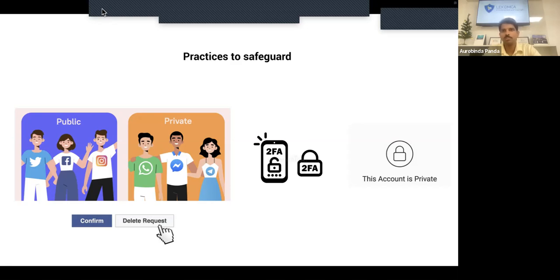They get suspended at the first instance before all the data get wiped out. So within the time limit, if you file back with a counterclaim notice, which on these platforms is generally between 3 to 10 days maximum, then obviously, if you have the claims and the rights, your accounts or your contents, or the fake claims which have been made against you, should be taken down and you should be restored.